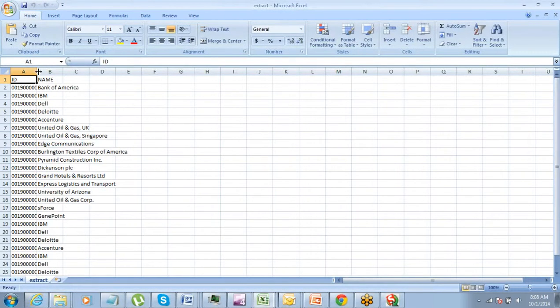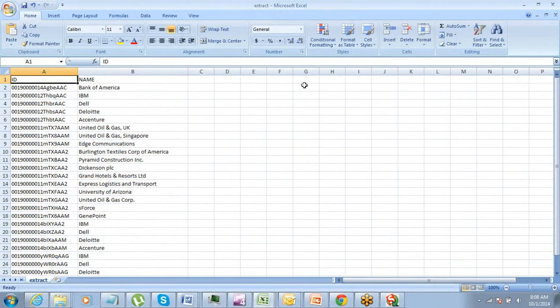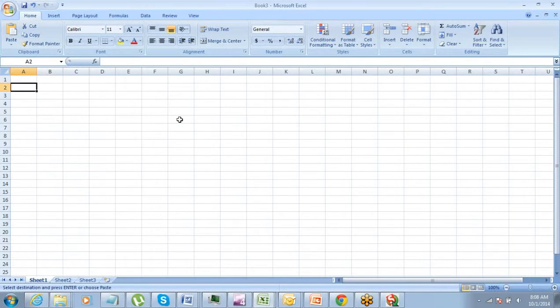Yep. So this is the file that I extracted just now. It has the IDs and the record names, right? So now using data loader, if you want to delete, you have to supply these IDs to delete the records. So let's say I want to delete these 4-5 accounts. So I just have to copy this, create a new CSV file,